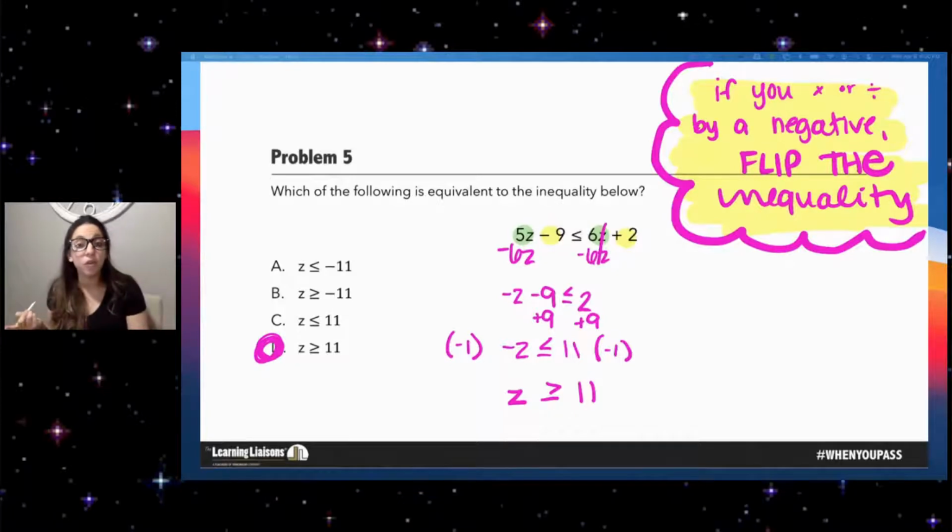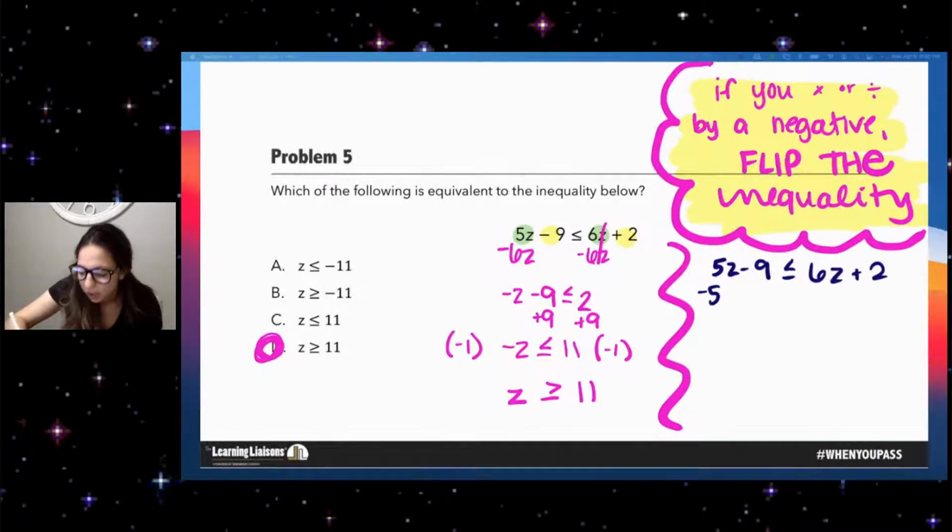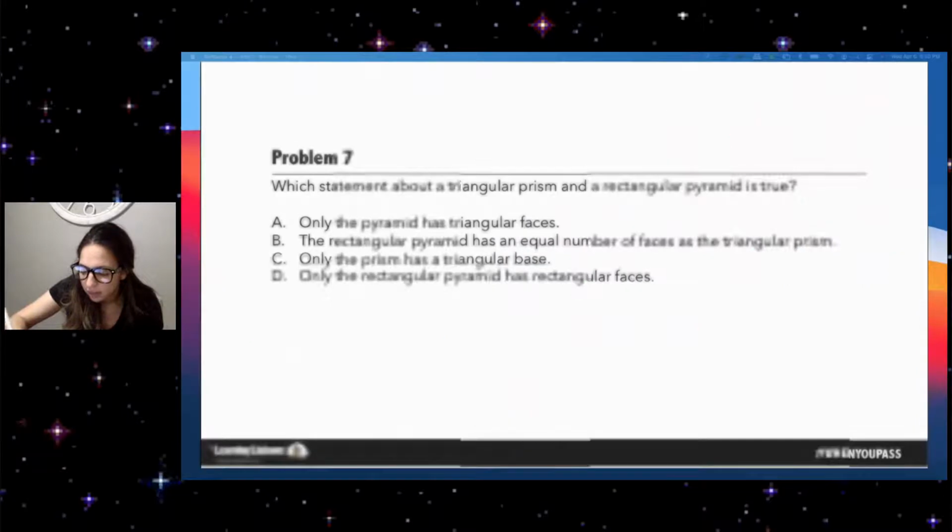Now, some of you are asking, what if I subtracted the 5z from one side to the other? Like, what if I put my z on the other side? That's okay. As long as what you do to one side, you do to the other, it works. Let's explore what that would look like. 5z minus 9 is less than or equal to 6z plus 2. So if you did this instead, minus 5z,